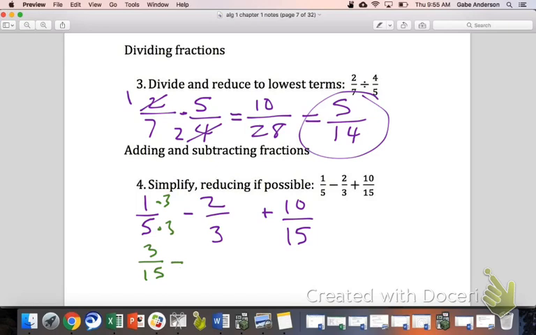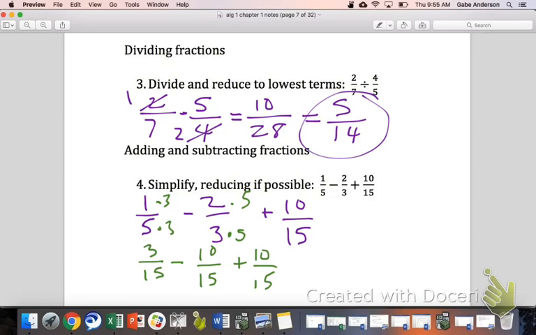Minus, and then the 2/3. I need to multiply the top and the bottom by what for that one? 5, right? 3 times 5 is 15. So times 5 and times 5, that would give me 10/15, and then plus 10/15. Now if I look at my denominators, all of them are exactly the same, and so now I can go ahead and combine these